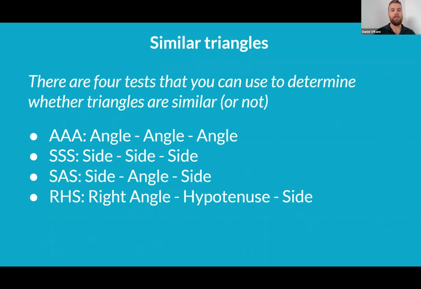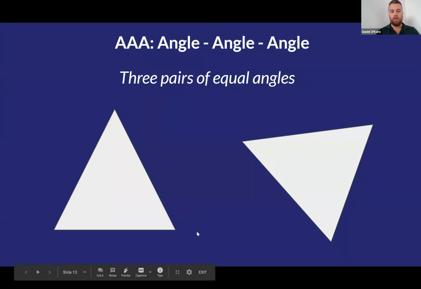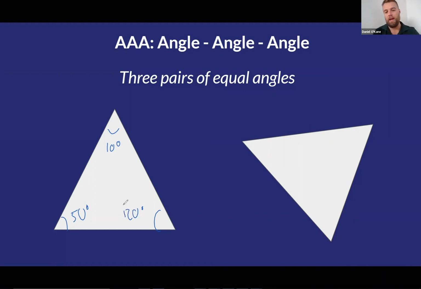Okay, so I'm going to look at each of these 4 examples. So AAA is 3 angles. So if you have 3 pairs of equal angles, then you know that the triangles have to be similar. So say in the first triangle, I had 10 degrees, 50 degrees, this isn't to scale, and 120 degrees, okay? So they all add up to make 180. If you've got the same angles over here,